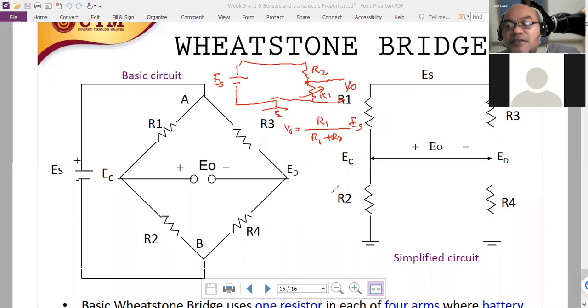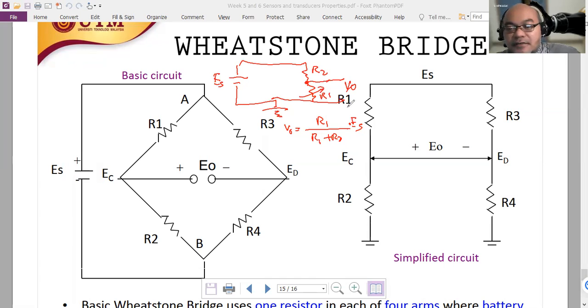So R1 will change its value as a function of a certain mechanical parameter, because it is the sensor. So the voltage divider is one of the simplest secondary transducers that we can use to convert resistance change into voltage change. The disadvantage of using a voltage divider is, however,